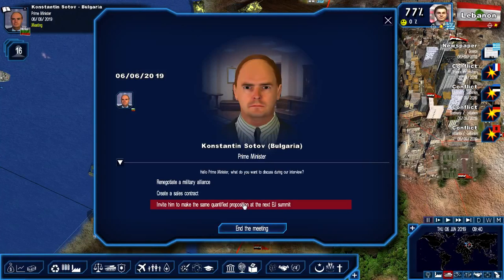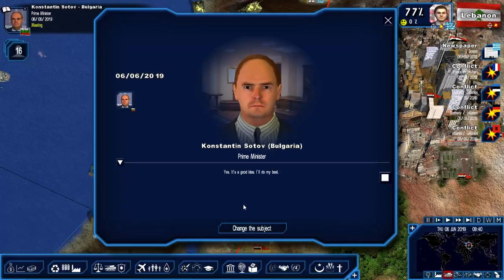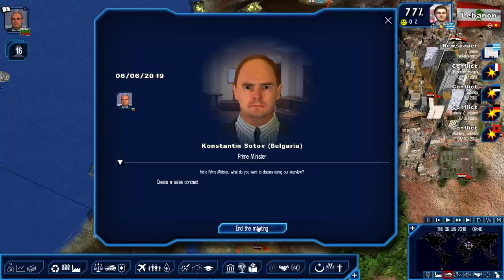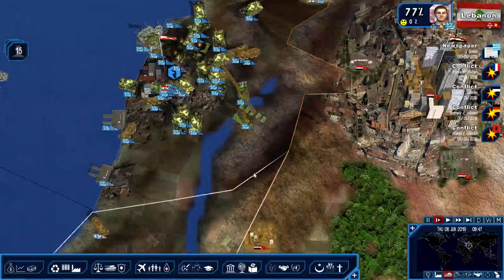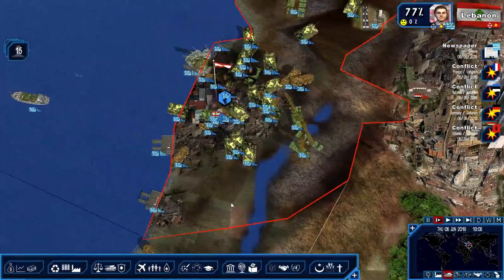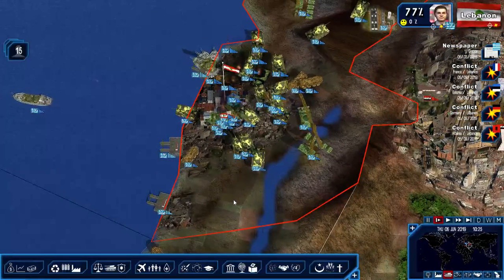At least we got land access. That's tremendous. Yes, it's a good idea. And he's going to vote with us at the next EU summit. Very good meeting with the Bulgarian Prime Minister. I'm happy about that alliance. End the meeting. Okay. So, in general, I have been not talking a lot this episode, and I've been, I